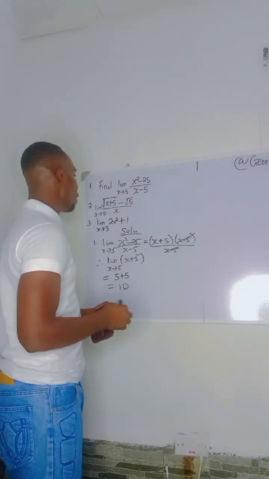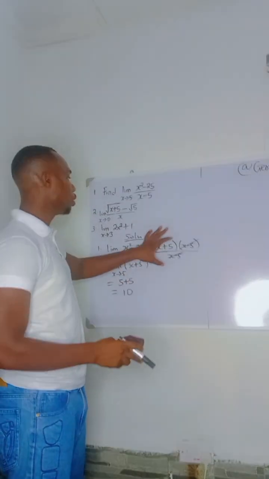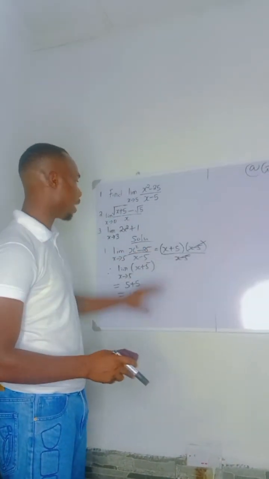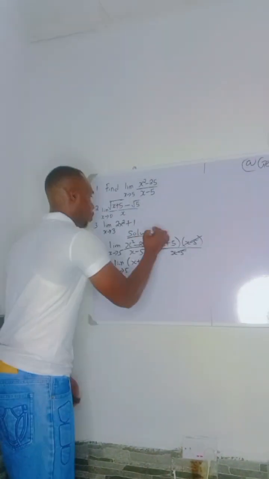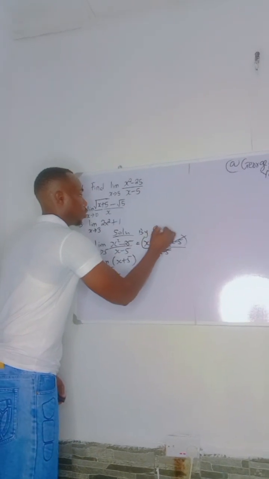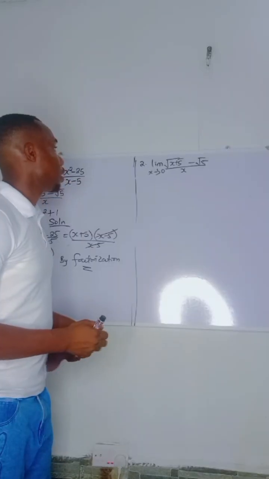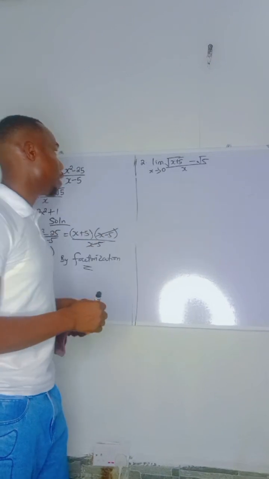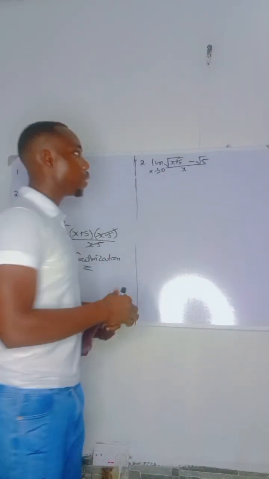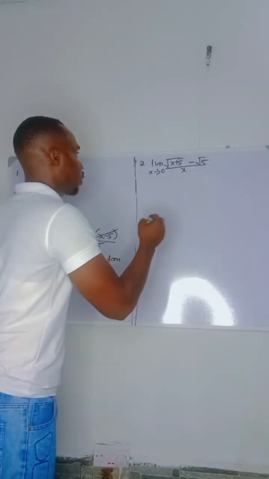Your answer is 10. Now, if you look at this question very well, you can notice that we factorize. That's why this method is by factorization. So let's look at another example here. If we look at it very well, the method we are going to use is